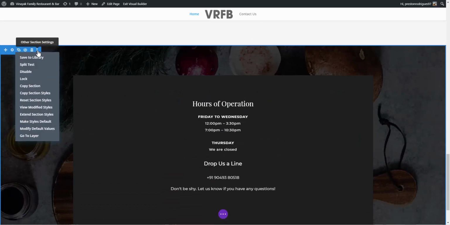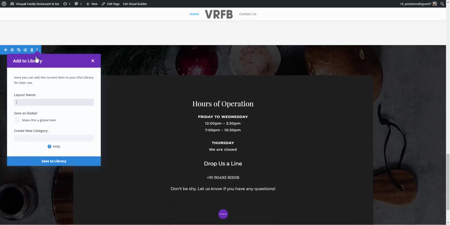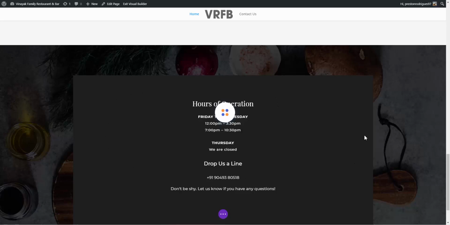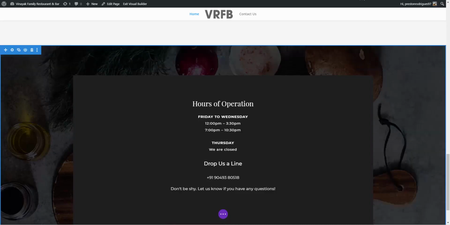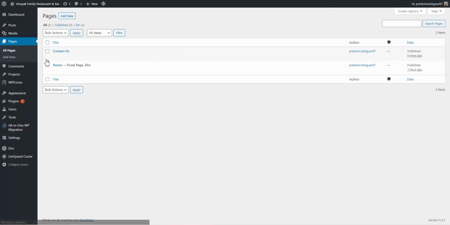Okay, and just save this. Let's save to the library, just name it as footer factors. So this way you can use the entire section anywhere on any of the web pages. Going to go back to the pages, contact us, I'll say edit with Divi,